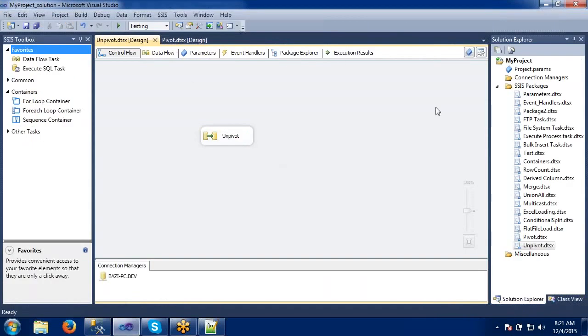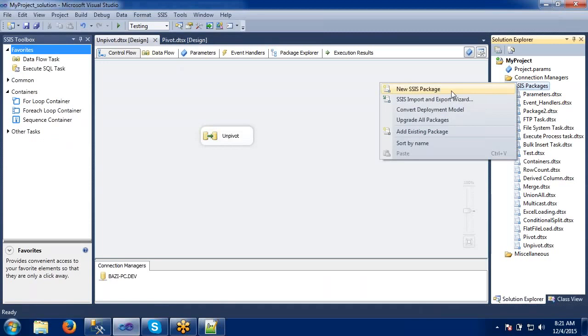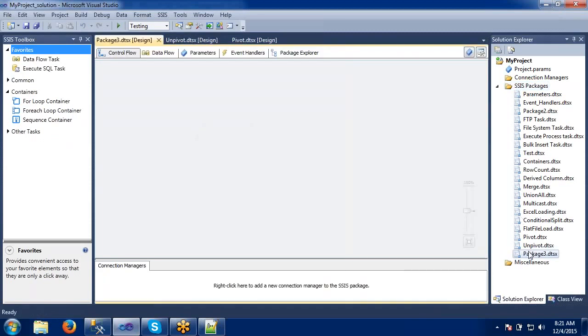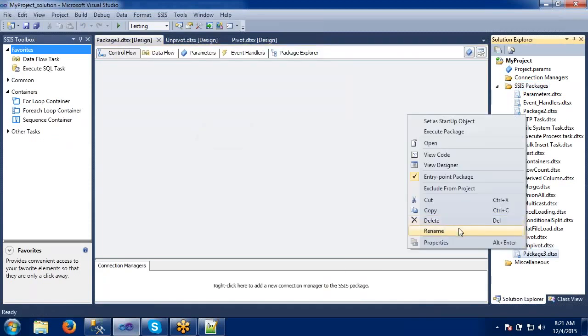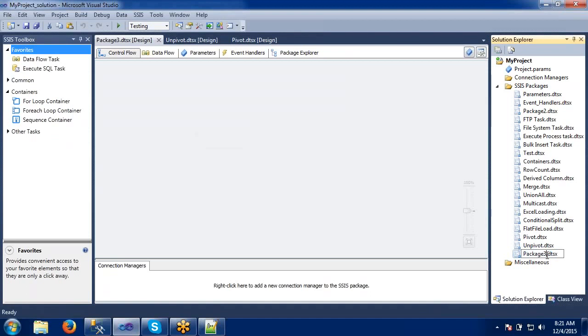I am going to take one new package here, and I will name it transactions. This is my package here.